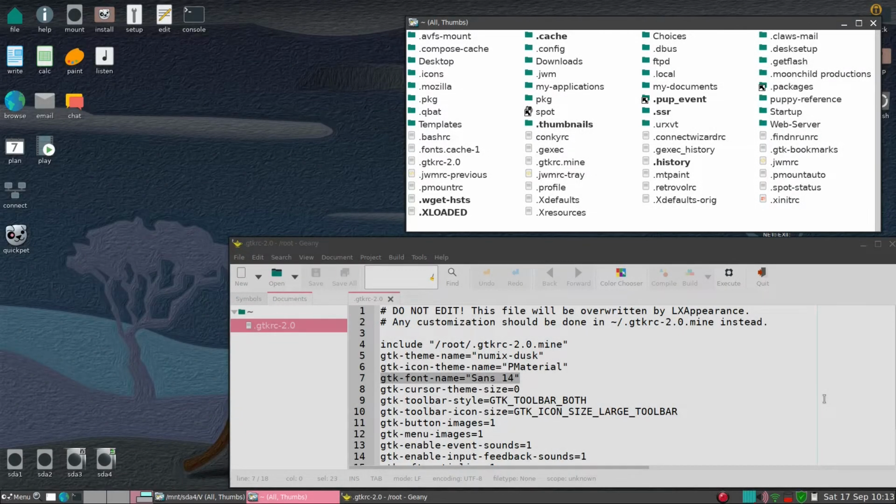Rox-Filer customization in Fossapup64. So if you've been following this, in part 1 the letters within the Rox-Filer were much smaller. So what I've done to make it big is to go ahead and edit the